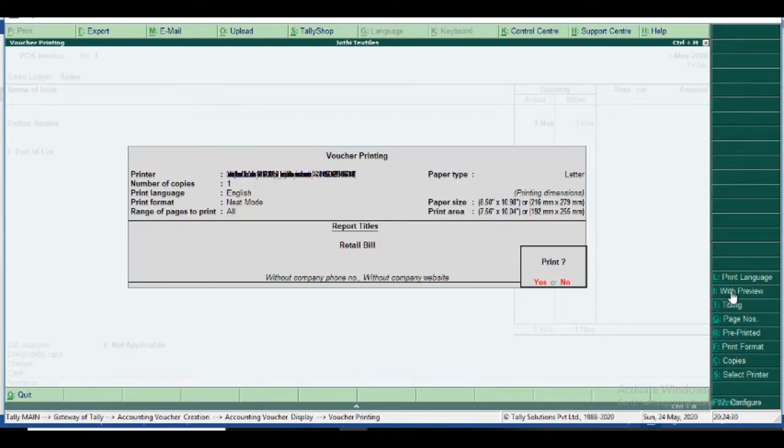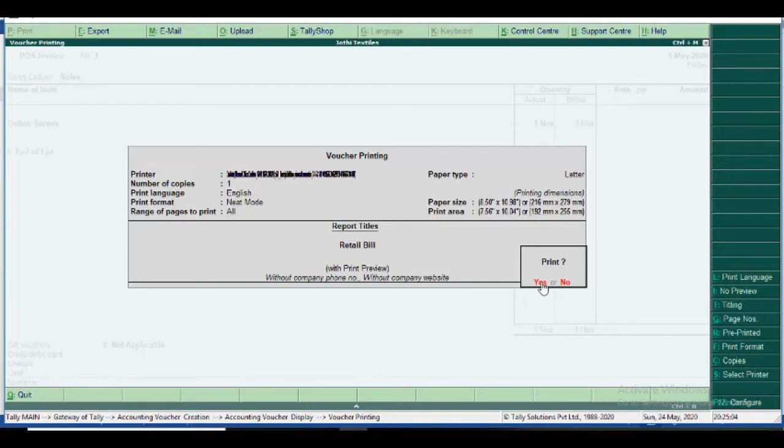You press with print preview enabled. Again, you press Alt plus I, or this button is disabled. So please check here whether print preview is enabled or not. I do not have the printer, but I can easily view the bill from the preview option.